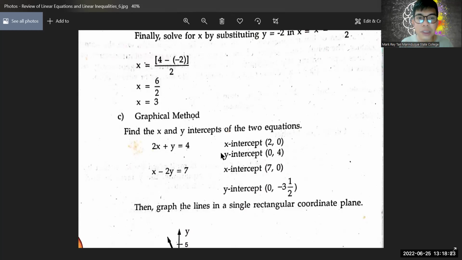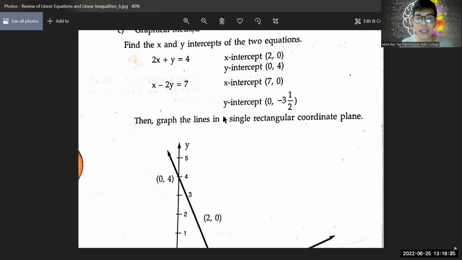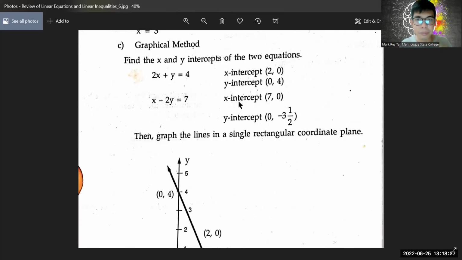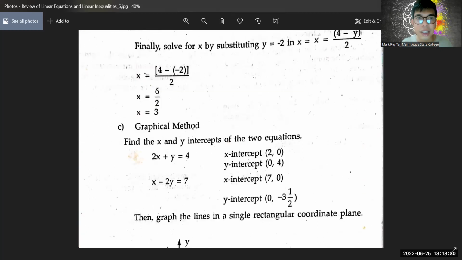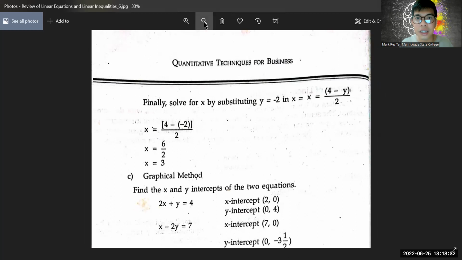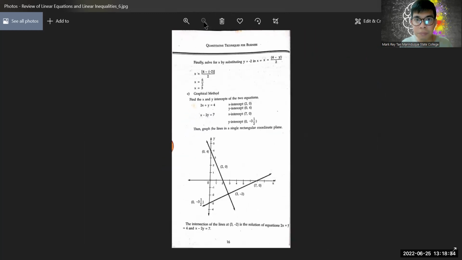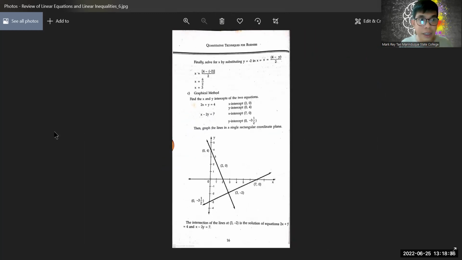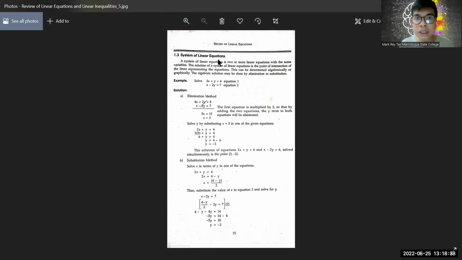Okay, so punta naman tayo sa graphical method. Medyo mahirap siyang i-view kasi picture siya. So sabi natin kanina, dito sa system of linear equations, there are two ways to solve this. It can be done algebraically, which is itong elimination tsaka substitution, at tsaka graphically. So sa graphically,